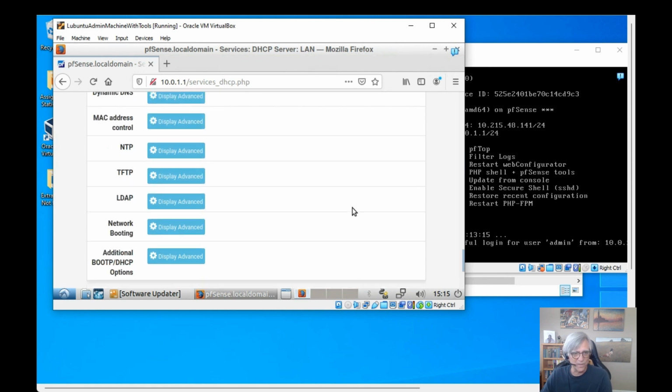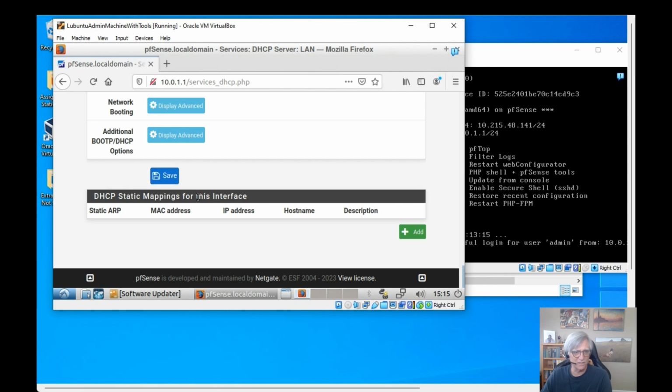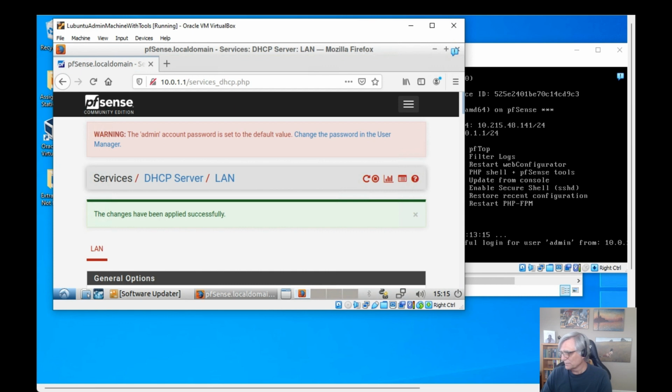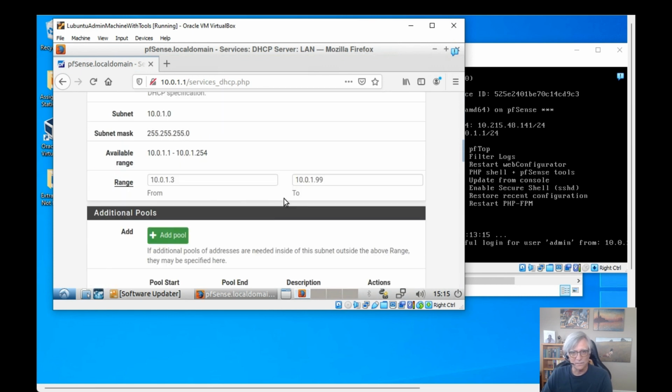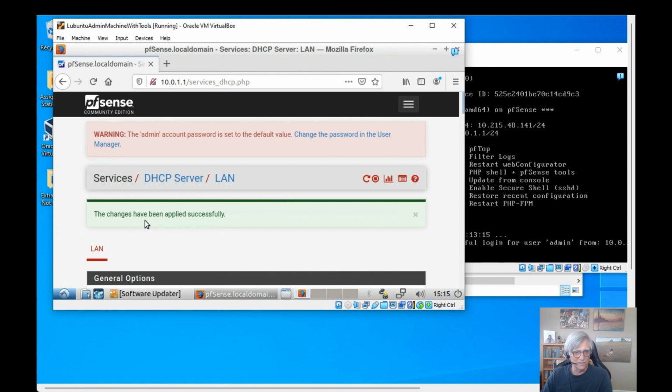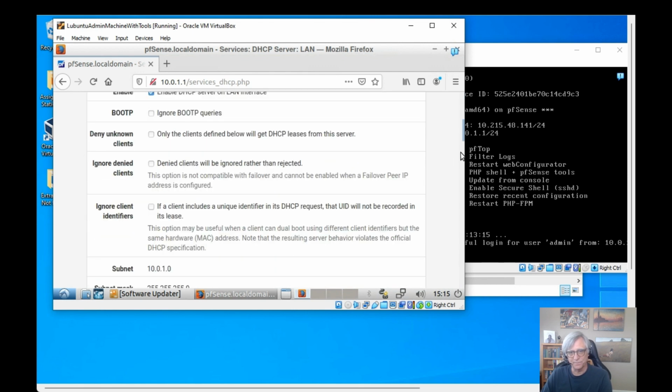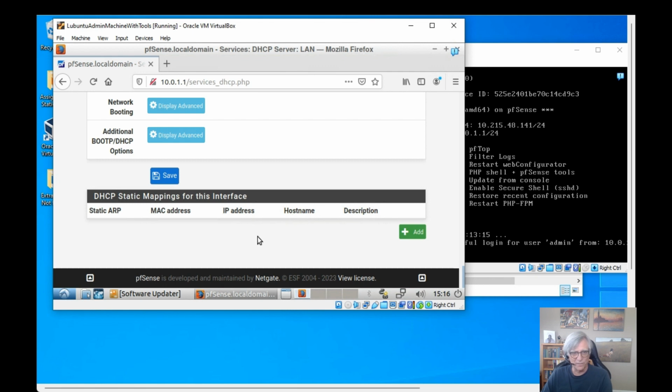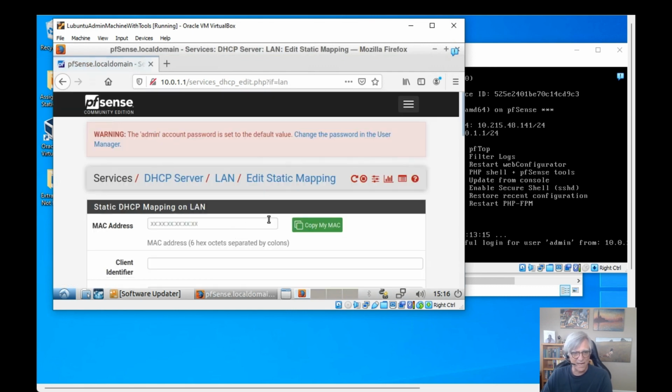Go down here to the bottom of the page. We'll see this save almost at the bottom, and we're going to click save. You may notice it says the changes have been applied successfully. Go back down to the bottom again. We're going to now assign what's called a static mapping. What that means is whenever this Lubuntu machine connects, we don't want it to get a number from the pool. We want it to get a special number that's assigned for its MAC address. So we're going to say add,